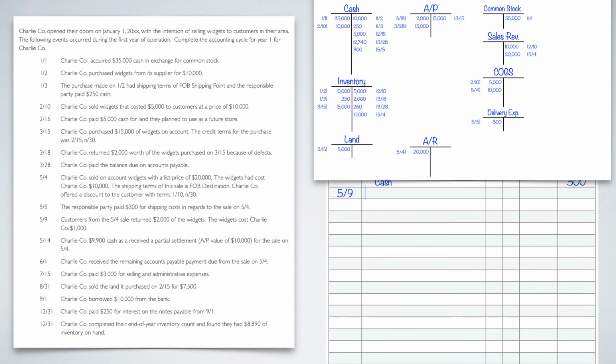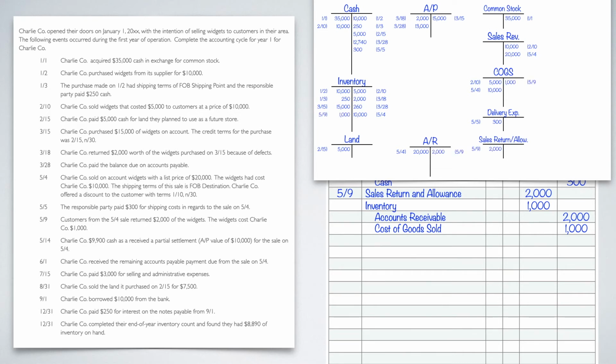Again, this gives us a clearer case of what's going on. We sold it. We brought it back. And its counterpart is going to be accounts receivable because we're going to take it off of their account for 2,000. And then inventory, we're going to debit for the 1,000 because we're getting it back. And then COGS, we're going to credit because we're taking it off of our expense. All right, so that takes care of 5.9. That's the return. We need to put it into T-tables. There we go. Now we've got everything going well.